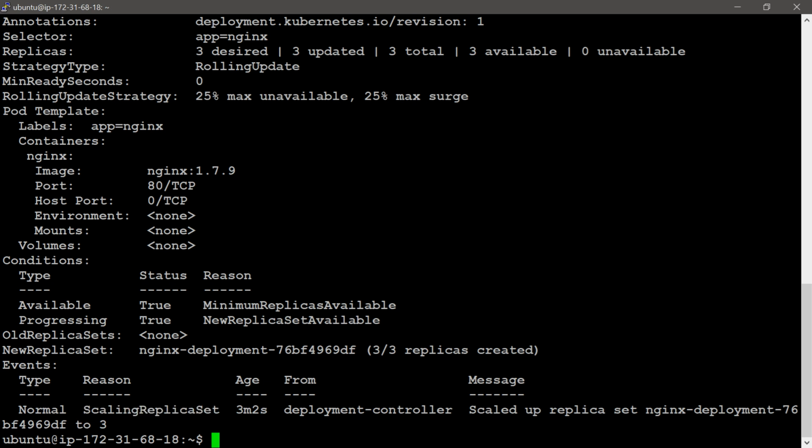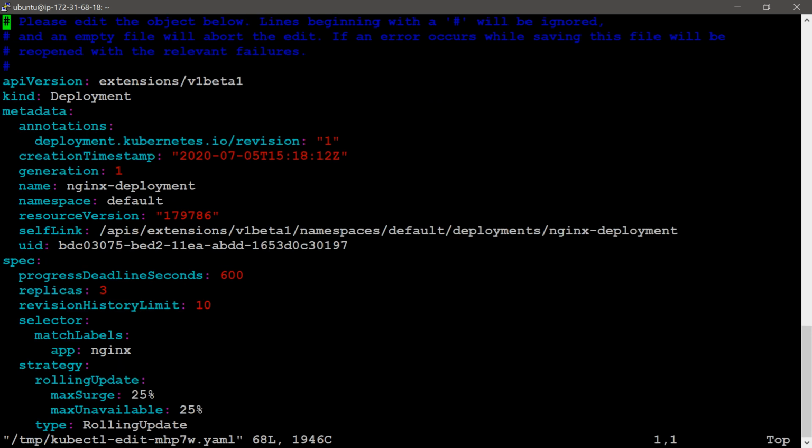Then we can edit the deployment with the kubectl command. I'll remove this describe, then I will give edit here. We can edit this deployment. With kubectl edit deployment, we need to provide the deployment name, for which deployment we want to edit.